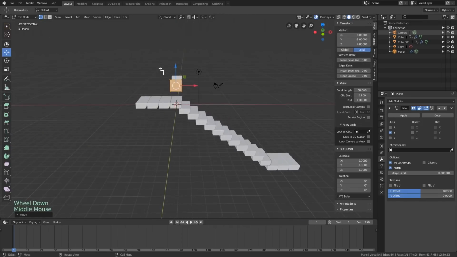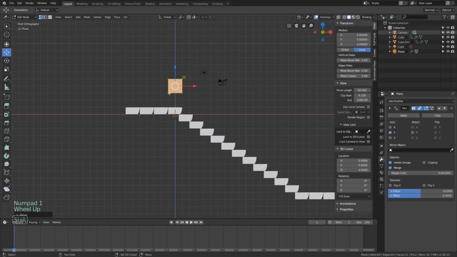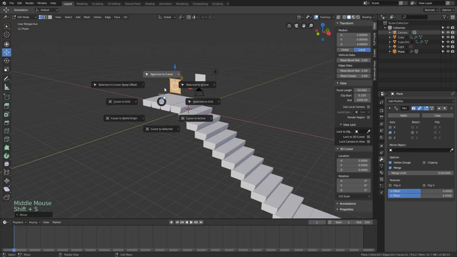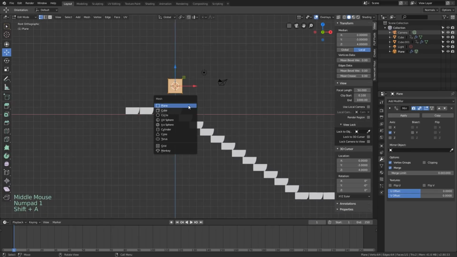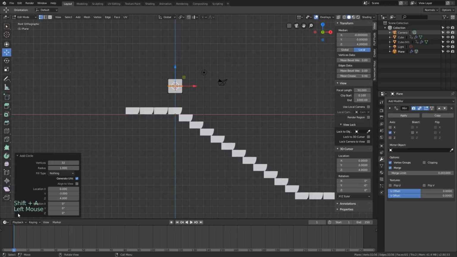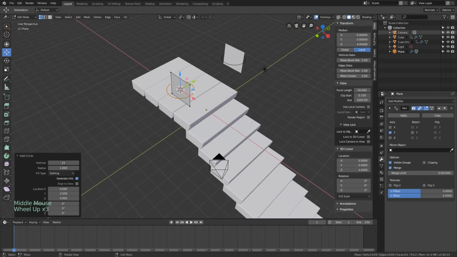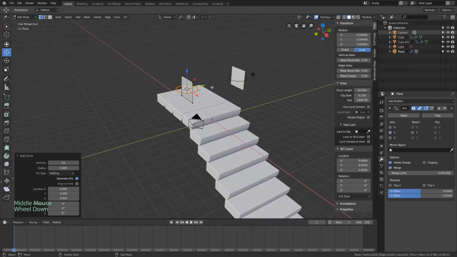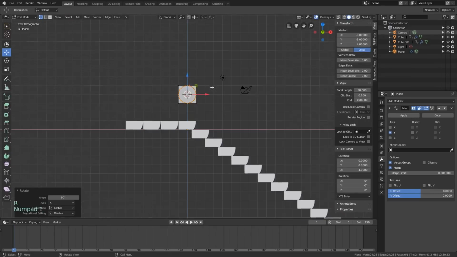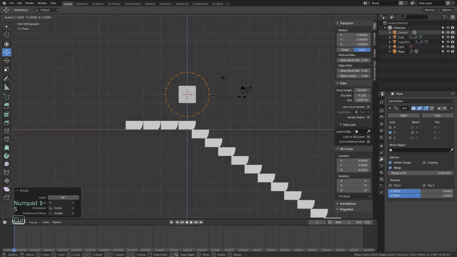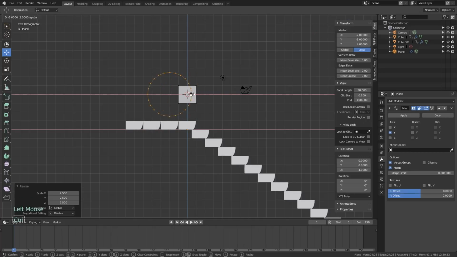And now I want to make those big kind of turnstile handrail things on the top and the bottom. So let's snap my cursor to my selection there, and then I'm going to add a circle, and do as many vertices as you want here. But 24, I think, to keep with my low poly style. So I'm going to press R X 90, and then scale this up by maybe 2.5. Does that look good? I think that looks good.